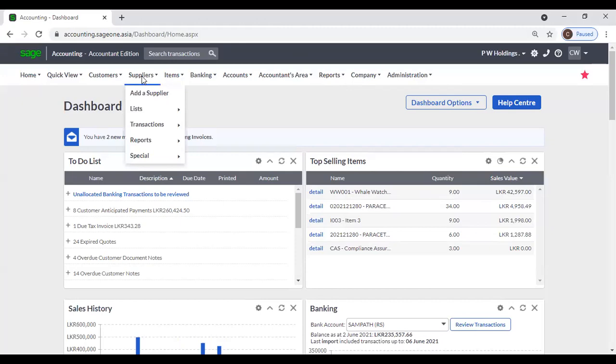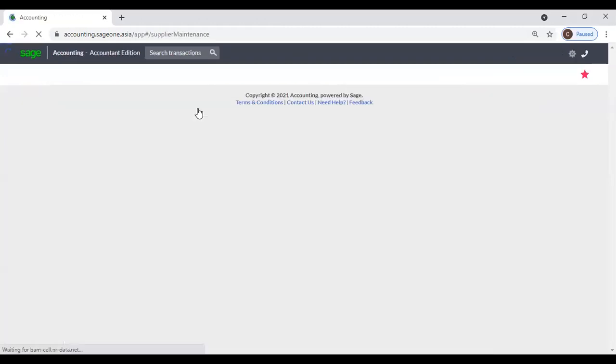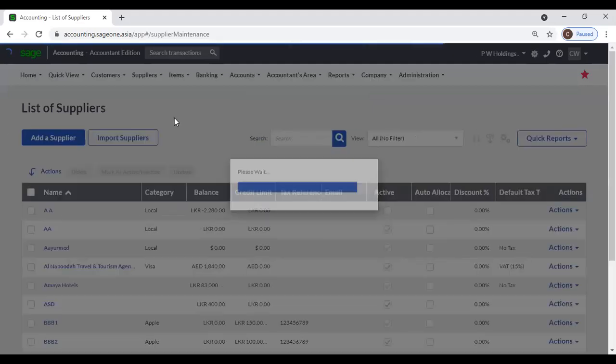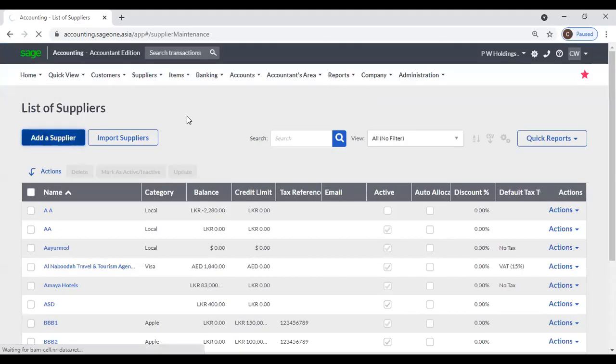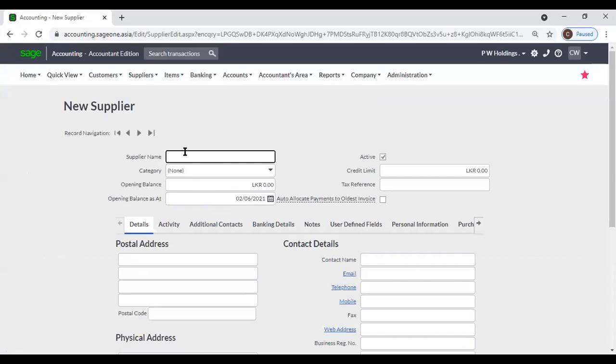Okay, today we will start from the suppliers module. Now we have created the supplier master files. I'll quickly go through how to create a supplier. Go to suppliers, list of suppliers, click add a supplier. From here, you can enter supplier name, supplier category, and if you have any opening balances,